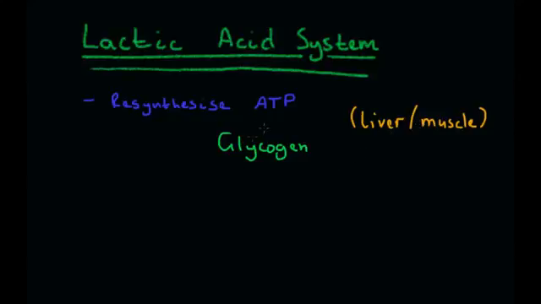First of all, what do we do with this glycogen? Even before then, let's realise that this process takes place, just as with the PC system, within the sarcoplasm of the muscle cell. We break down our glycogen through a process of glycolysis, which is quite complicated and far beyond the reaches of our A2 AQA specification, so I'm not going to go into too much detail. As we break down glycogen, we produce a product called glucose